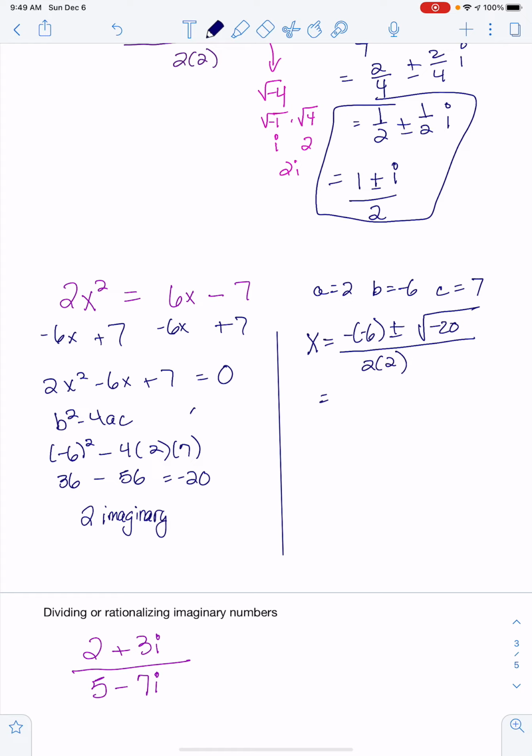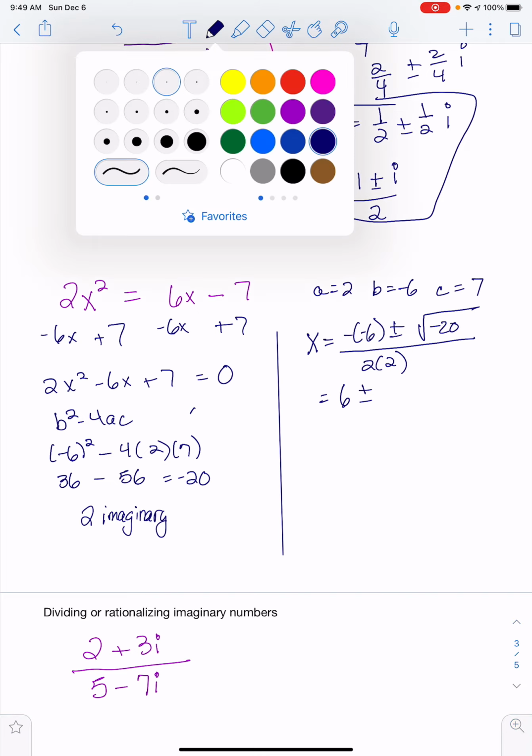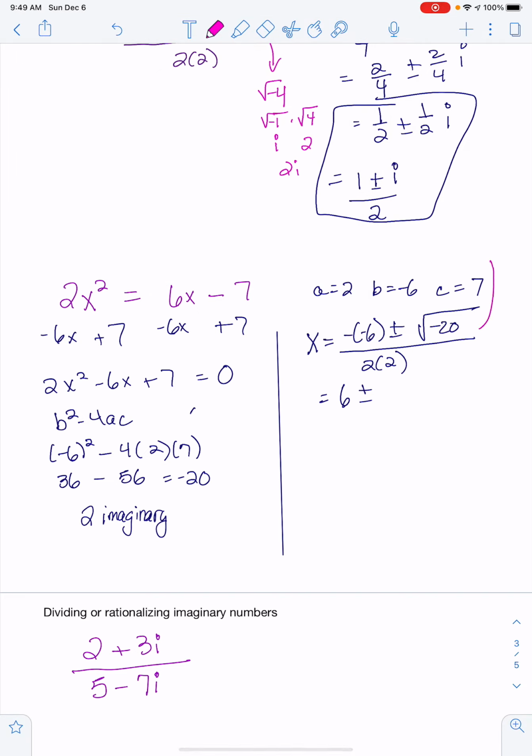And so the opposite of -6 is 6, plus or minus the square root of -20. So let's do that thinking part. Let's go, well, the square root of -20, can't put your negative there, it's inside. -20 is -1